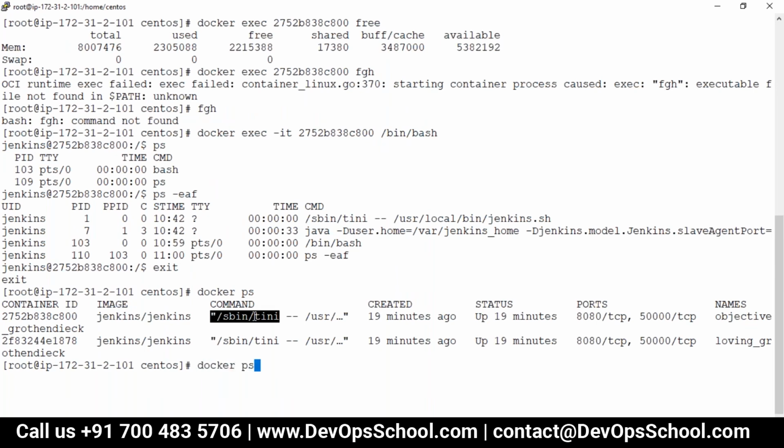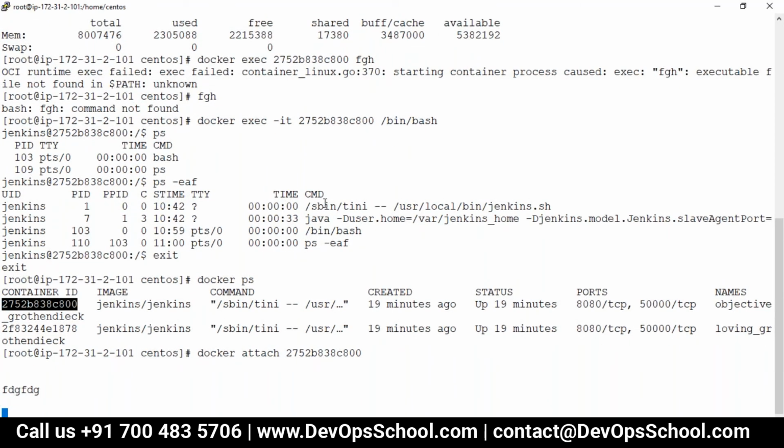So if I attach to this container, many people think they got stuck. Actually, you did not get stuck. Where are you right now? Any idea? In PID 1, and in other words, you are tini.